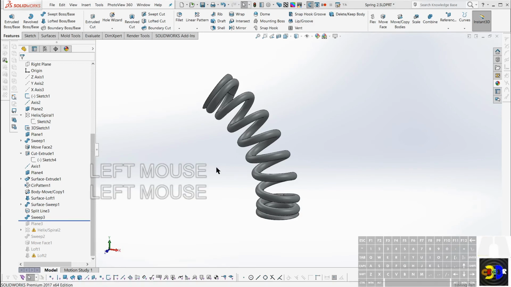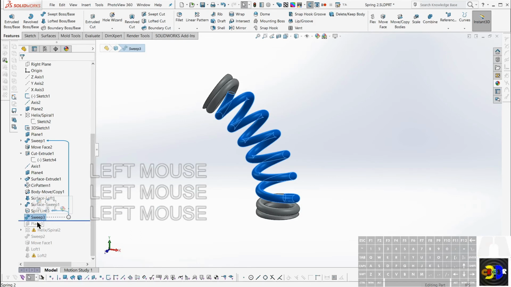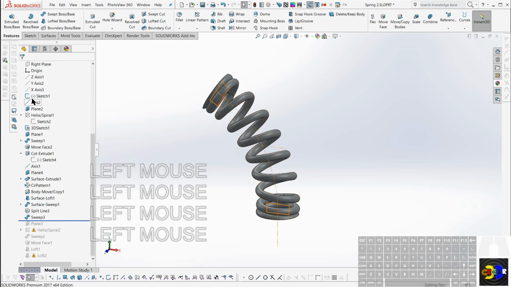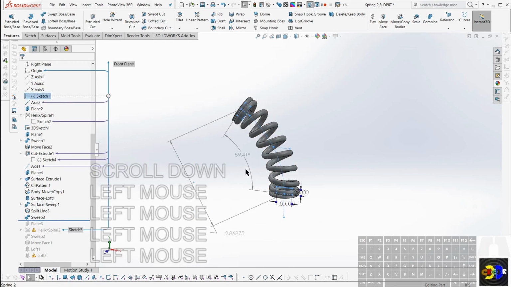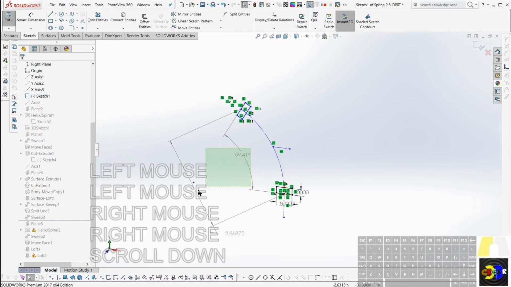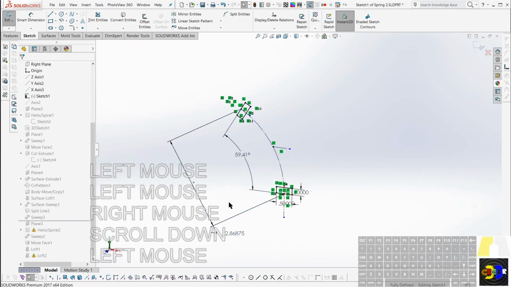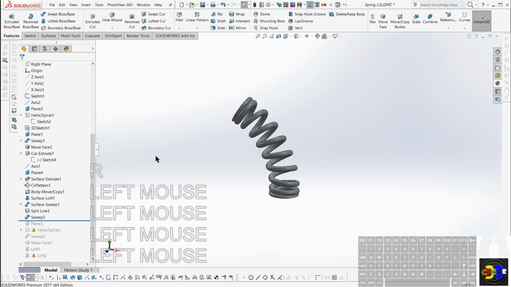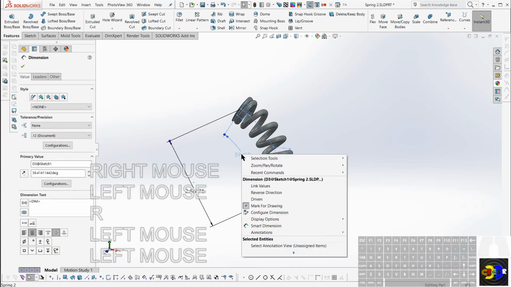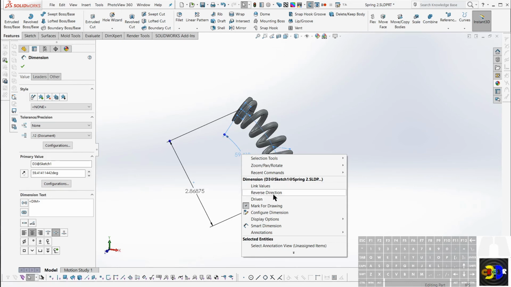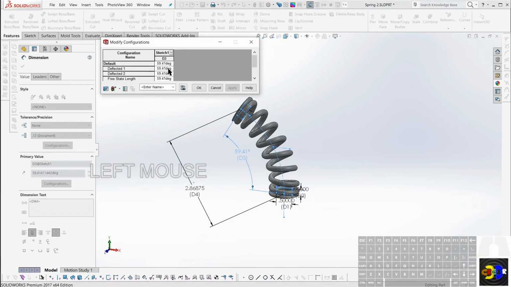One more thing. So from here, I could again configure. If I go back into this main sketch, if I wanted to, I can also configure these dimensions, but I need to have them not driven, or driven. There we go, not driven. So now I should be able to, from outside the sketch, if I click that, configure this dimension, and let's call it free state